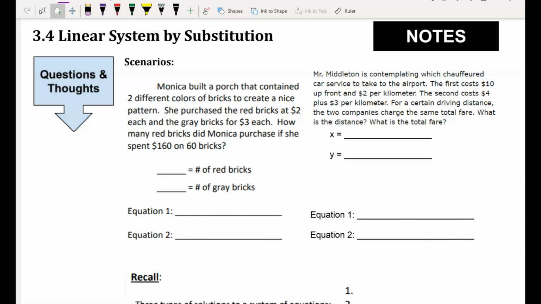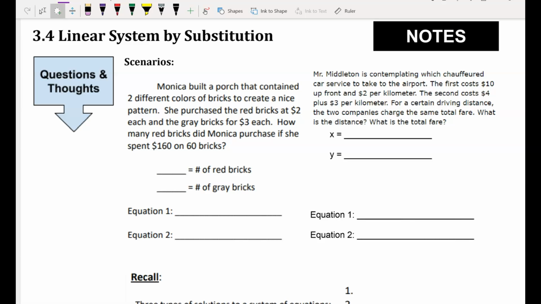We have learned to solve linear systems by graphing. Today we're going to learn another method of solving a linear system. We're going to solve by substitution. Before we get into the process of solving using that method, let's actually set up a linear system based on